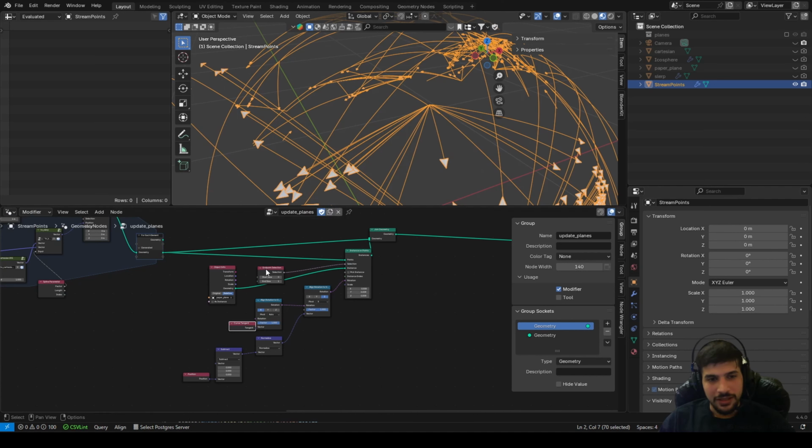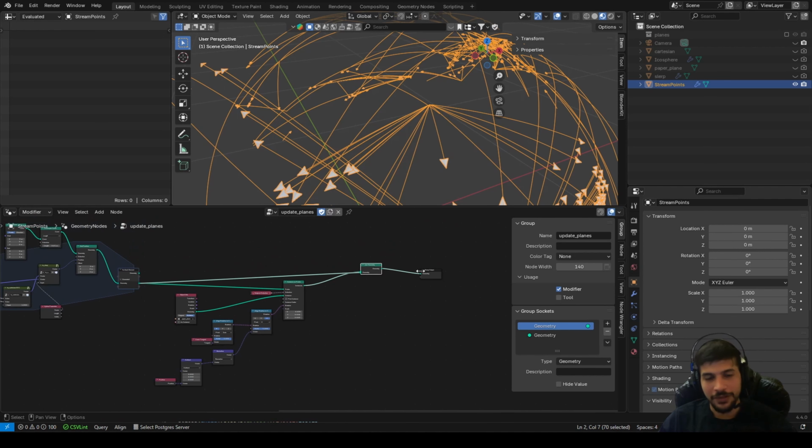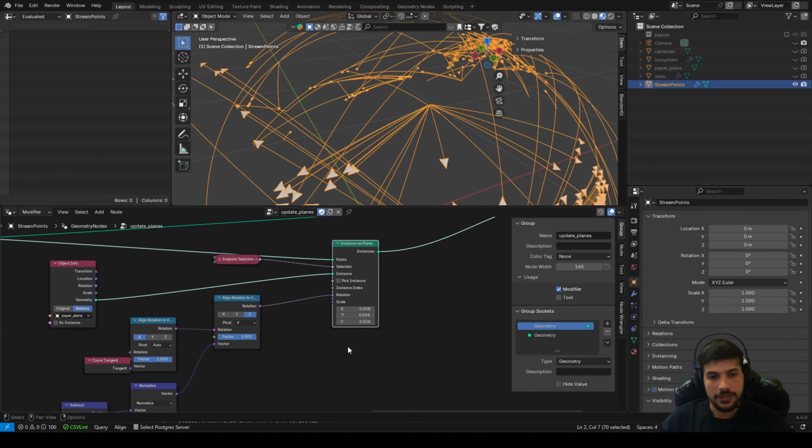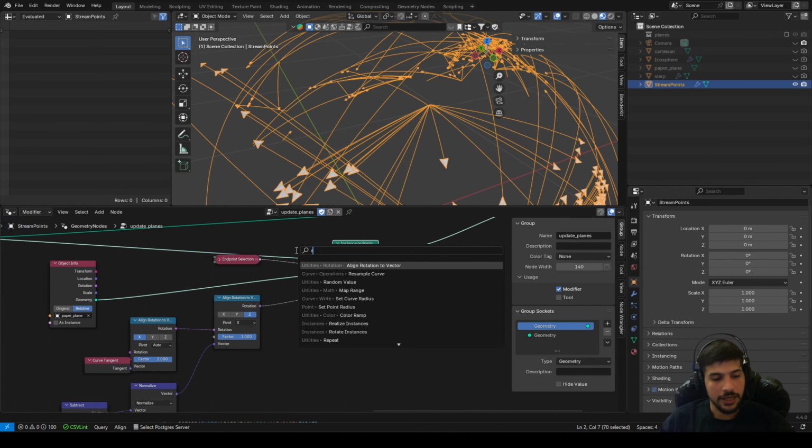I'm not very good at tidying things up, unfortunately, and I do not want the video to be 2 hours long. So I'm a bit in a haste. What else do I want to do? Yeah, so I want to scale. I want to give a random scale for each. So I'm gonna get a random node